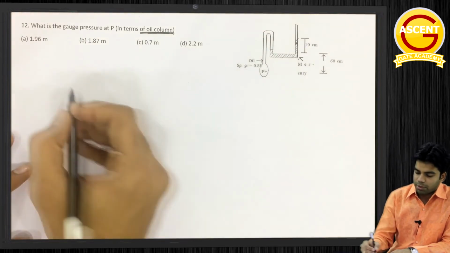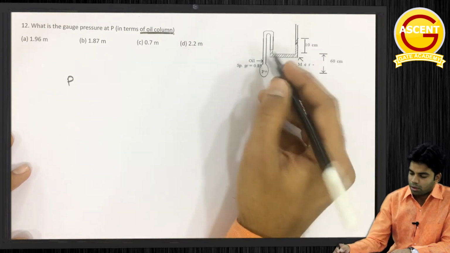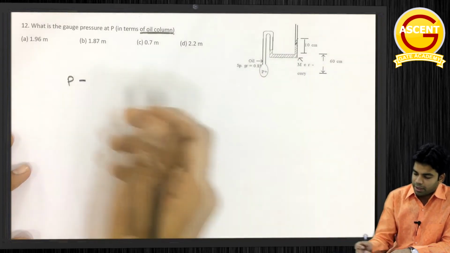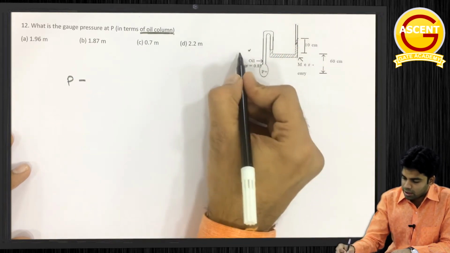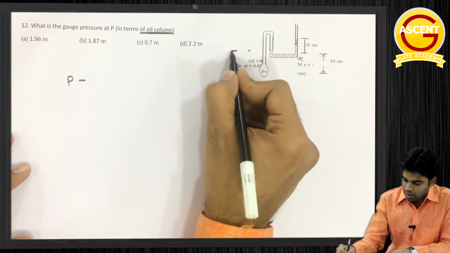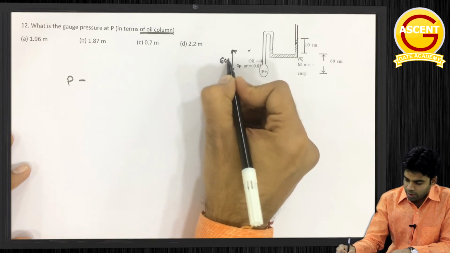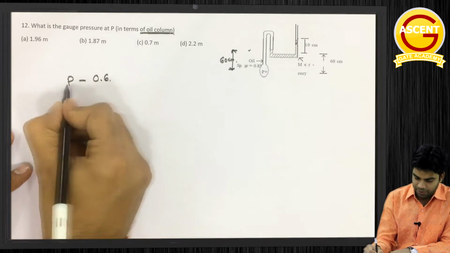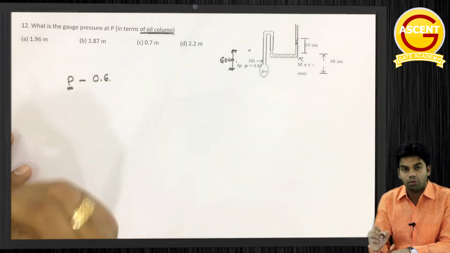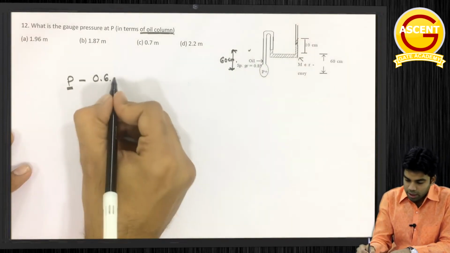Here the pressure is P. From here to here this will be minus, what is the distance given here? The distance given is 60 centimeter, or you can say 0.6 meter. So this will be minus 0.6 meter. This P is directly in terms of meter of oil. Just remember this thing. Is equal to,